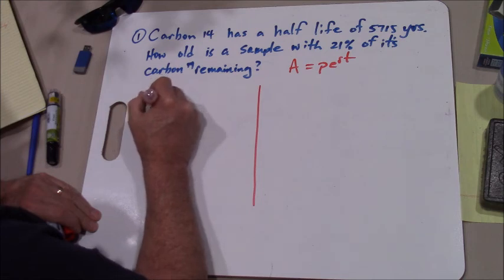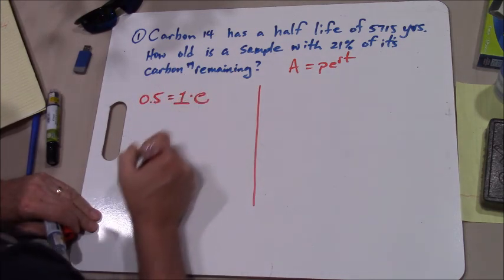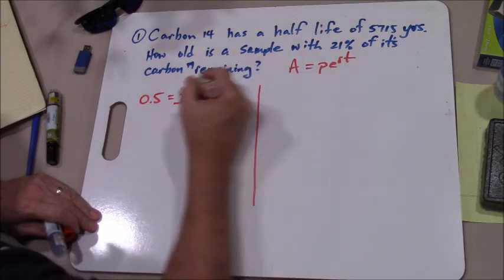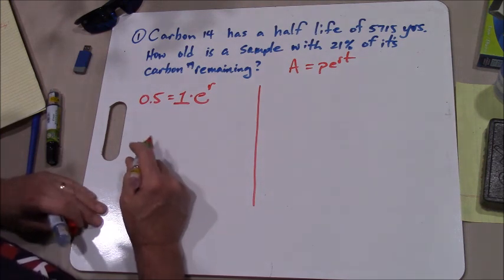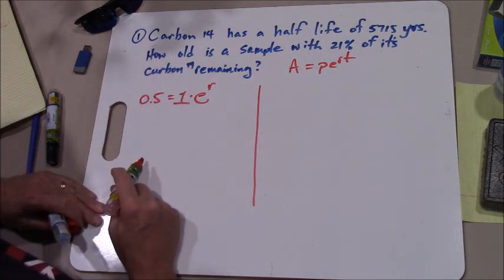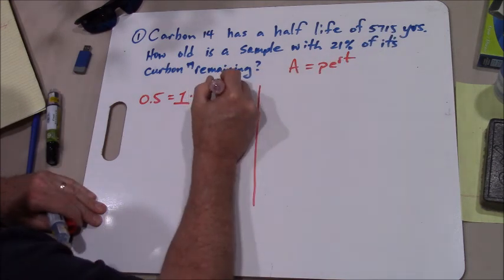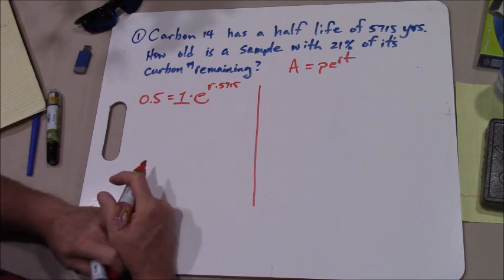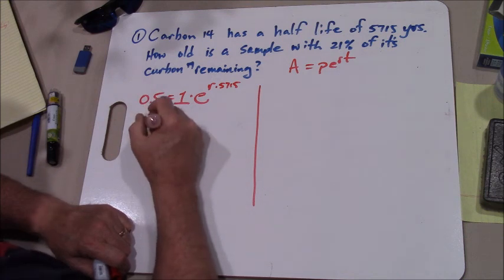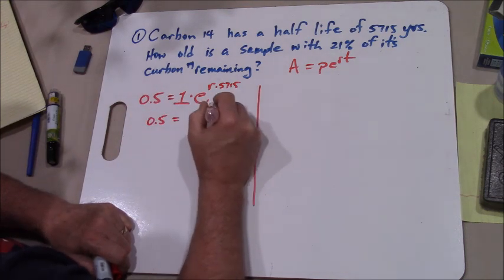So I'm going to say 0.5 equals 1 times e raised to the r. That's what we're trying to find right now, is the rate at which this carbon-14 is decaying. And we know it took 5,715 years for that to happen. And so what I need to do is just solve this equation for r. I'll go ahead and get rid of the 1. So I've got 0.5 equals e raised to the